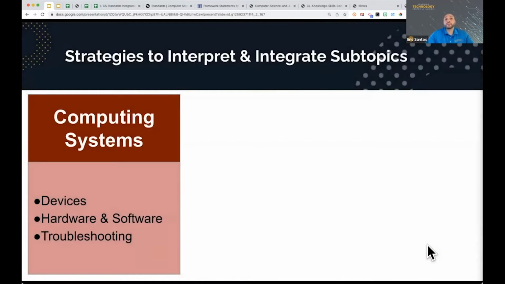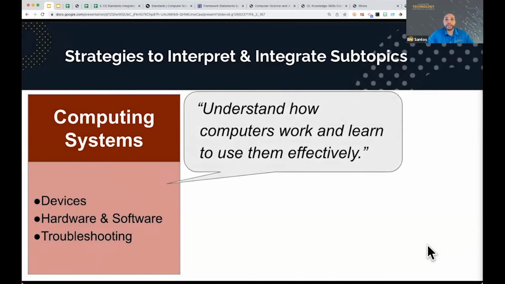So the computing systems topic really is about understanding how computers work and learn and to use them effectively. There's a decent amount of overlap here with the computer literacy guidelines that were just released. And so this is an area where, again, you might find yourself double dipping. So instead of looking at it as, wow, I've got these 2 whole new sets of standards I got to create an entire curriculum for, a lot of this is going to be embedded into what you're already doing with